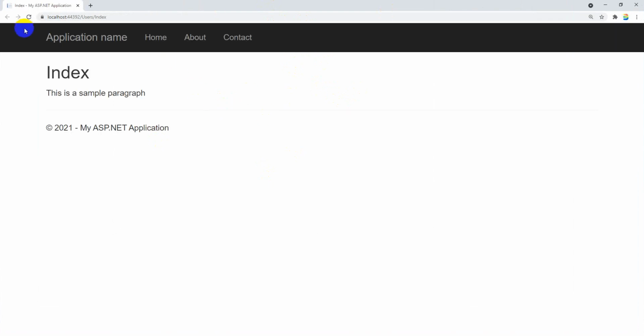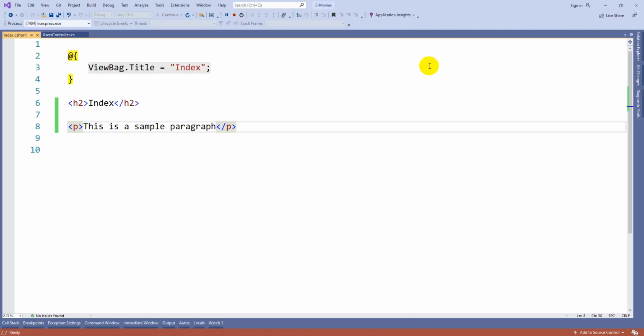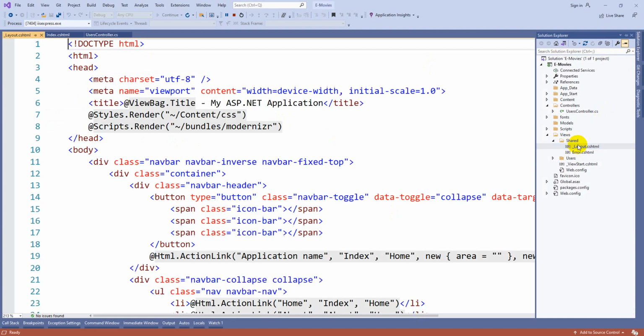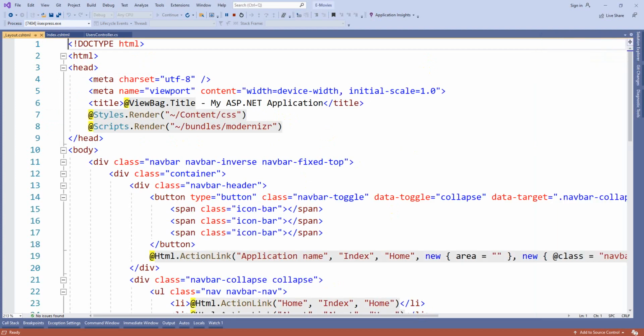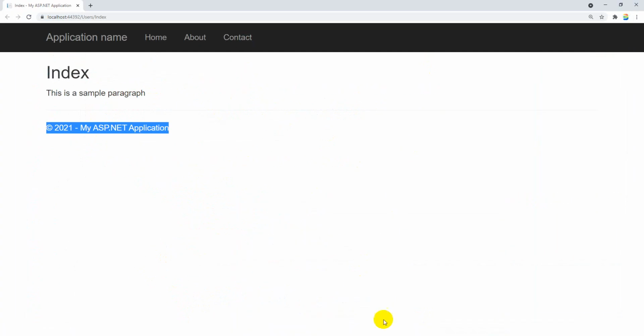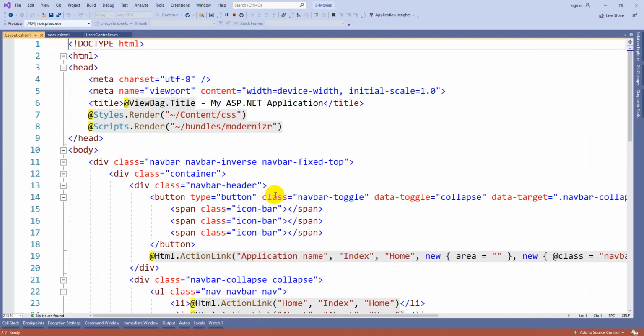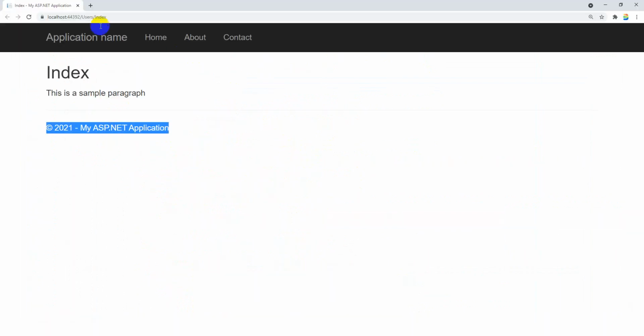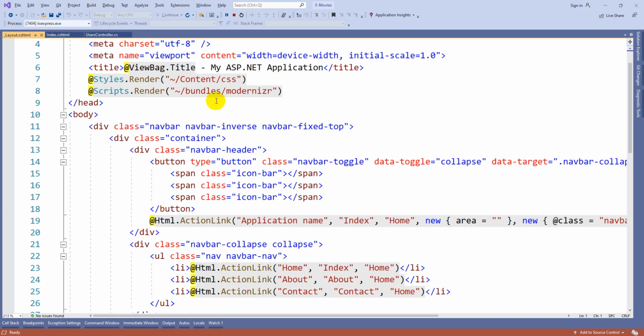Now you can see there is a black color label again, so there is a footer also. These two you got from this page called layout.cshtml under this shared folder. So in case you want to customize either the header or the footer, you need to change your code from this one. Okay. So here you can see in the title, index hyphen myasp.net application is there. That comes from this title tag in _layout.cshtml.